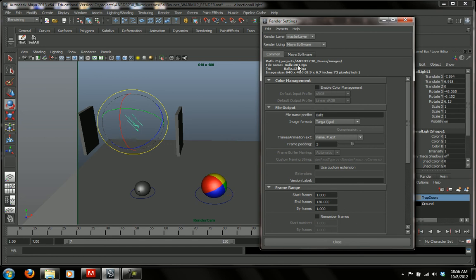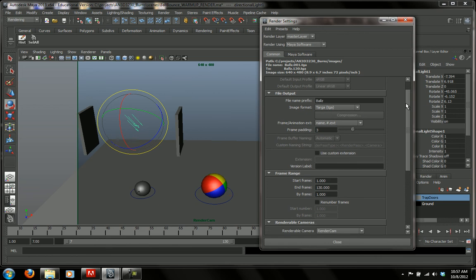And this is important because with programs like After Effects, if you don't do this, it's going to go 1, 2, 3, 4, 5, 6, 7, 8, 9, 10, but it's going to put 10 after 1 because it doesn't have this frame padding extension. So it's going to put 2 zeros before single-digit numbers. It's going to put 1 zero before double-digit numbers. And if it's 130 frames, it's just going to add the 130, and it keeps all of your frame renders